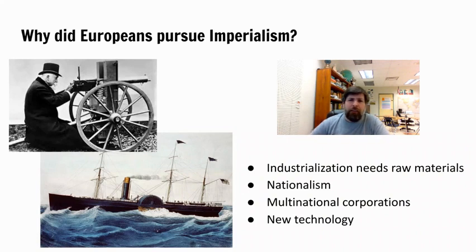And then finally, and this is not finally last, but certainly not least, another reason why Europeans pursued imperialism was because new technology made it possible. It wasn't that Europeans didn't want to take over Africa. It's that until now they couldn't, because Africans were really good at fighting and would stop them. But Europeans invented the machine gun, where all you have to do is turn a crank and it spits out bullets really fast, and so ends up mowing down all these African soldiers.